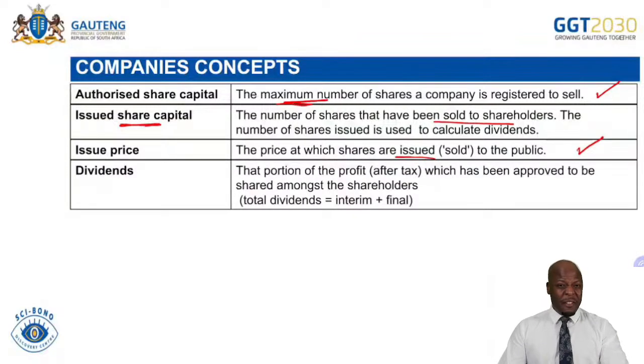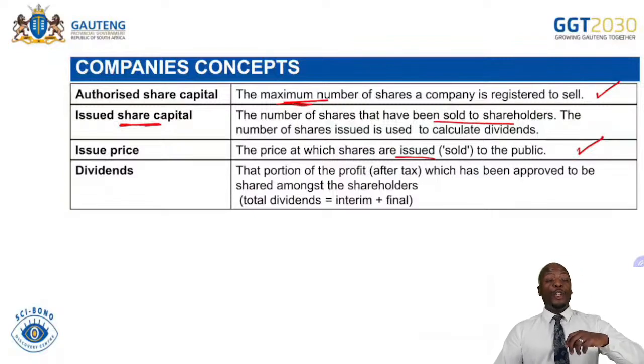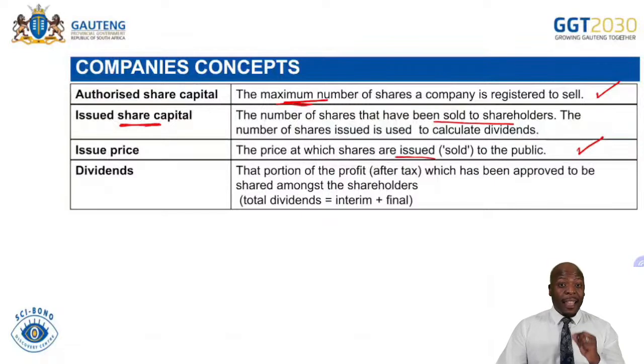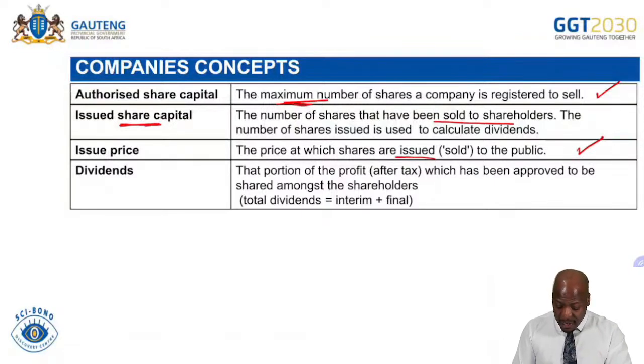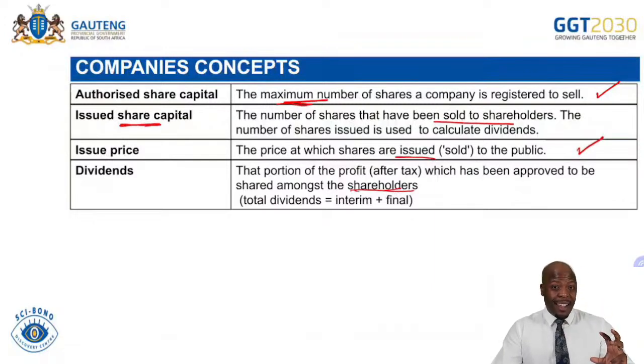And then dividends. Remember we said shareholders have invested in this particular company, and on investment we expect a return, and dividends are that return. Dividends is that portion of the profit, remember, a portion of the profit after tax which has been approved to be shared amongst the shareholders. Okay, so from the profit we take a portion and we give it to shareholders as